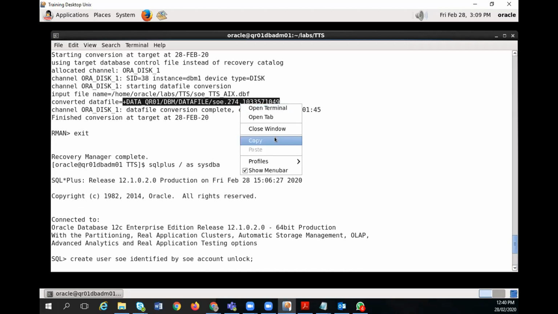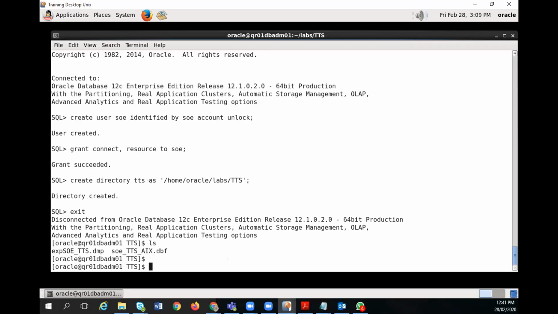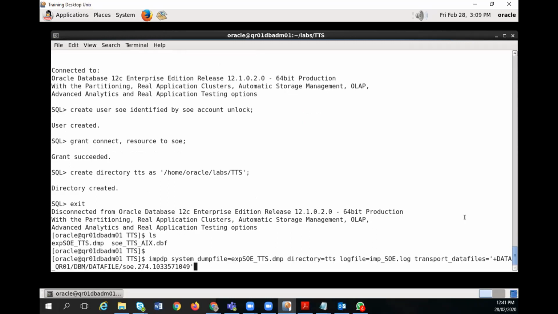Convert data file here. And then let me import it. The data file name and the number after conversion will be changed. That's why be careful over there.